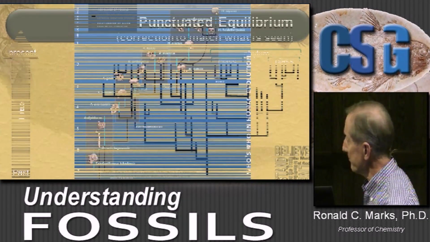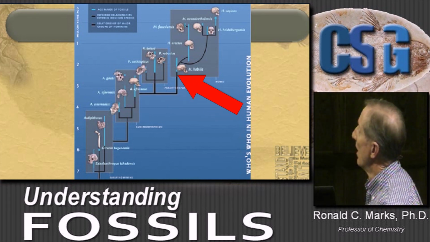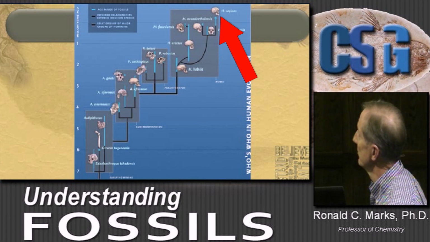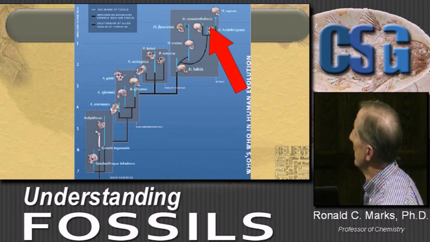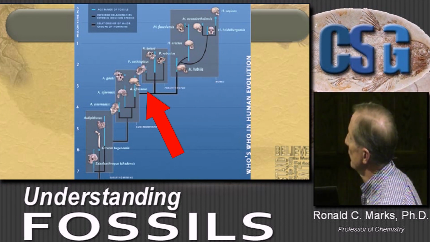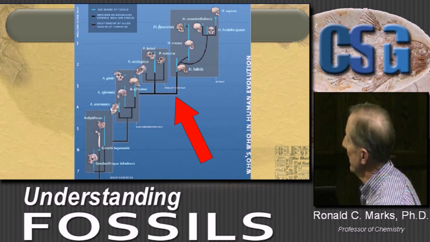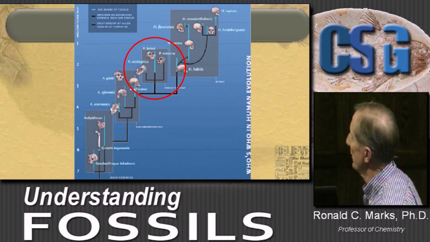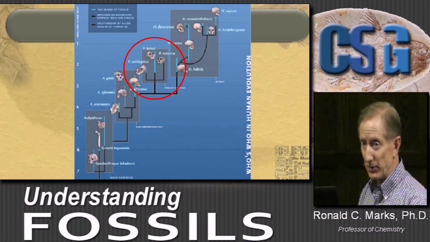Now here's an example. This is the proposed evolutionary relationship of the human family tree. This is us up here, Homo sapiens. Interesting, sapien means to know or to understand or to comprehend. And you notice that each one of these groups, there are no fossil linkages between them. They simply have to draw a horizontal line and then somehow say, we don't know how this link occurs. I don't know how this group is linked to this group. I just don't know, but I'm going to draw some lines because I want them, according to evolution, to be